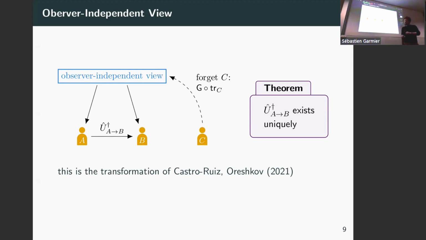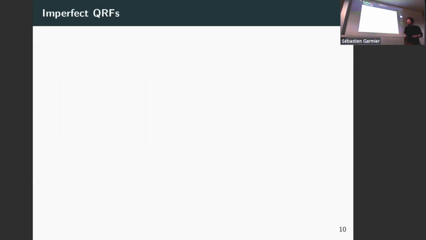Okay, now I actually have to speed up a bit. But this is basically it for perfect quantum reference frames. I mean, there's a lot more to be done here. You can now do examples, and you can study the structure of states and all kinds of things. And there are still many open questions. Like we don't really know what Alice's reference frame from her point of view really means physically. This is still an open question, even for the perfect case. So let's go to the imperfect case, since that is a bit more realistic, and we also want to explore this.